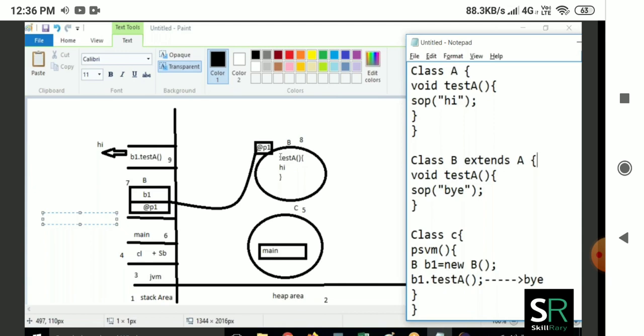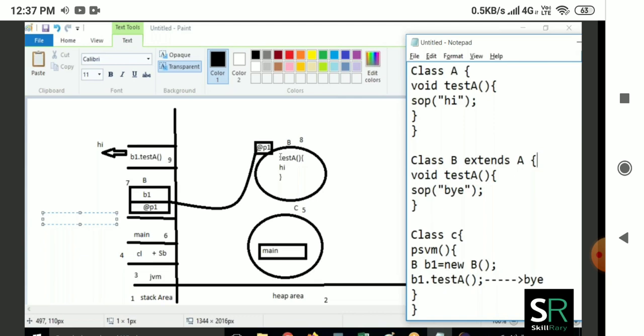Now you tell me whether it will execute the B class constructor completely first, or it will execute the A class constructor first and then come to the B class constructor.